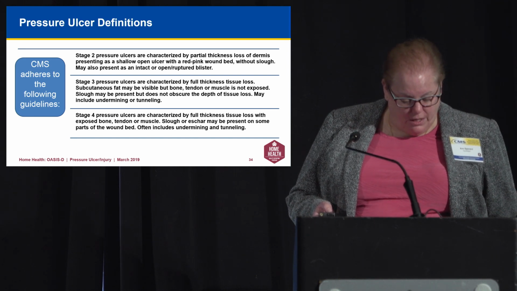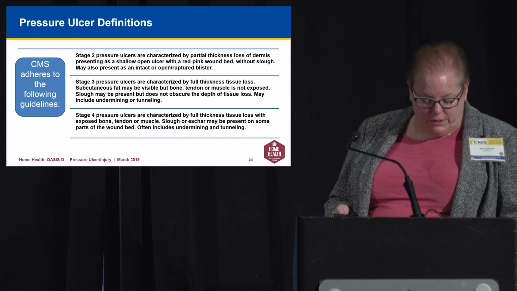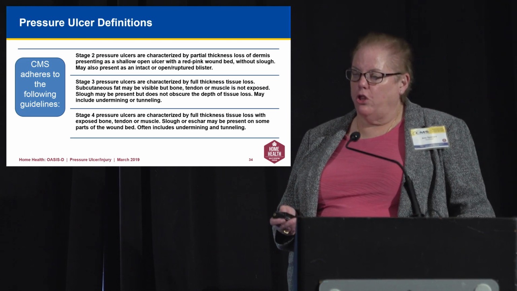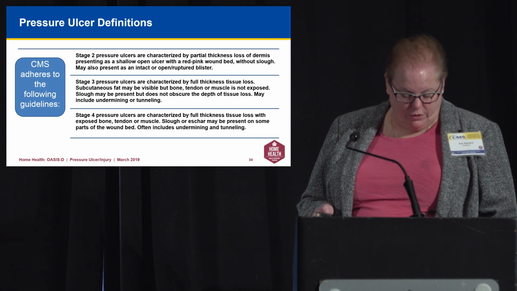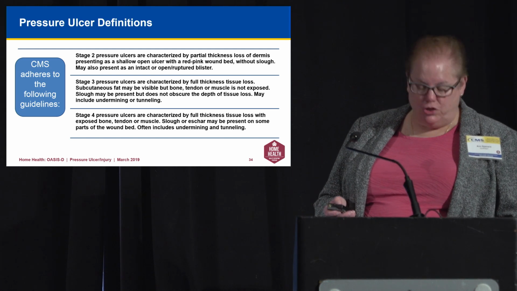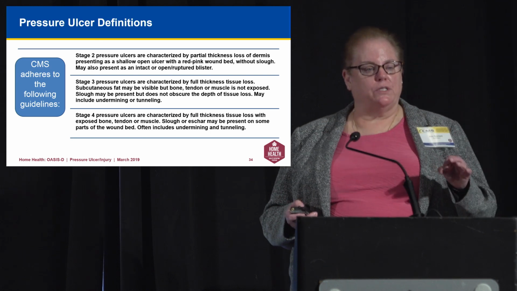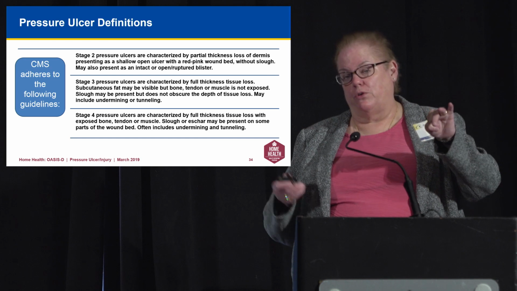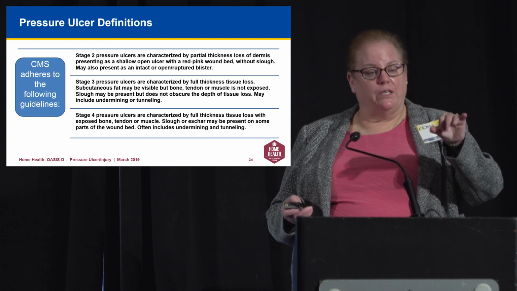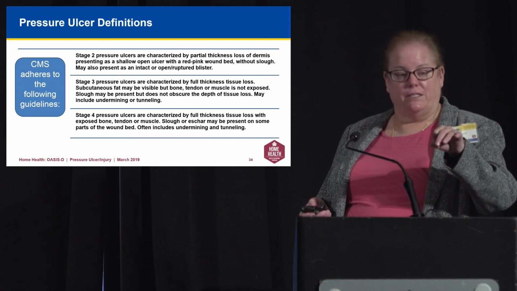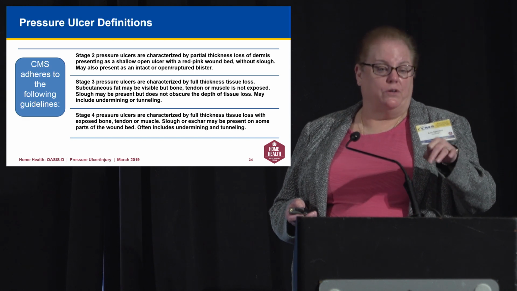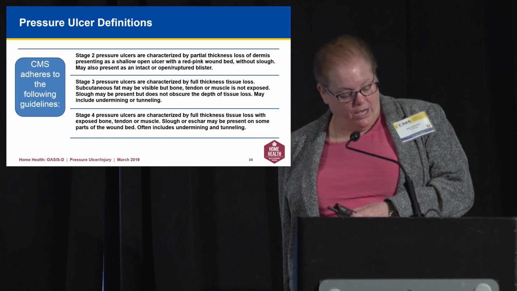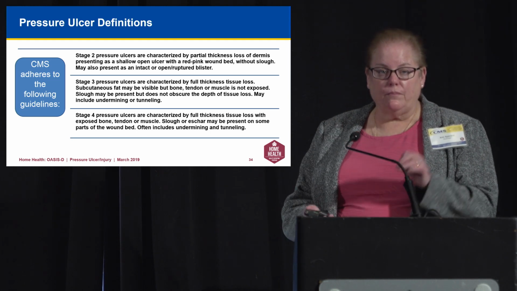The other thing to remember is that a previously closed stage 3 pressure ulcer that currently opens again should be reported as a stage 3. So if that ulcer was a stage 3, closed, and we're going to define closed in just a moment, so it closes and then reopens over the exact same spot, that exact same ulcer, it is considered a stage 3. Even though it might present as something else, it was a stage 3. And the same thing for a stage 4. All right,